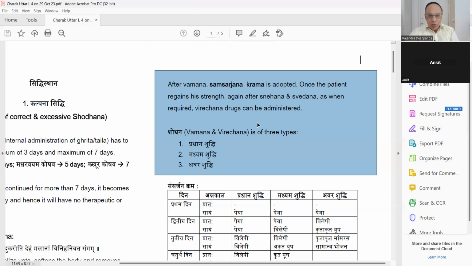Okay. So, Shodhana is of 3 types. When the cleansing is taking place, it can be the best, Pravara Shuddhi; moderate, Madhyama Shuddhi, purification; and Avara Shuddhi, not very much clean, the effect is not good. So Pravara Shuddhi is the best purification of the body. Madhyama, okay. Avara, bad, no effect. Pravara, Madhyama, Avara, Sanskrit terms.